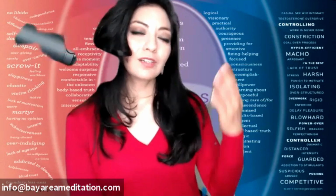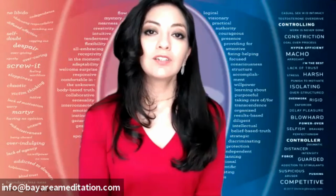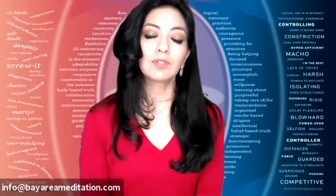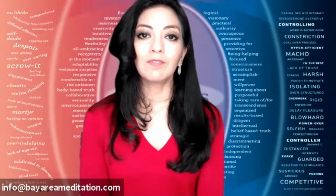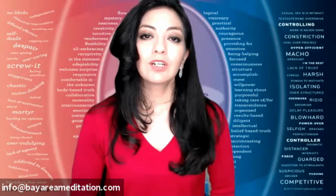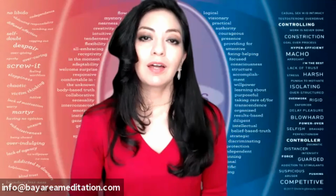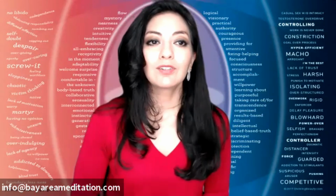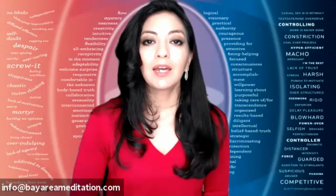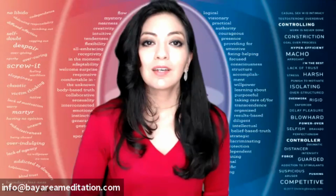noticing any other parts of the body that require clearing, and just allowing yourself to visualize showering the body with this white light to just remove those debris out. And as we become more and more acquainted with the feeling of unity inside and out, you allow yourself an opportunity to expand your perspective, the way that you're looking at things and the way that you see yourself. So I want you to allow yourself to come back into the room. And as you open your eyes, grounded down to the center of the earth,